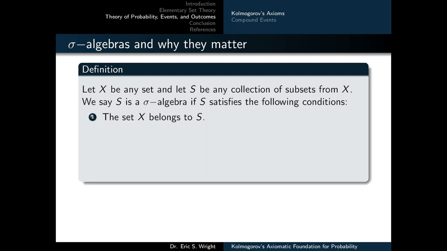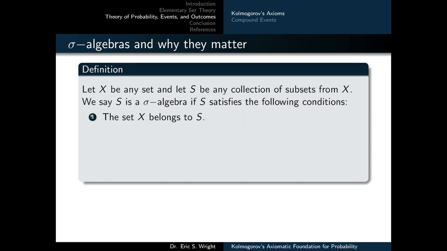On the other hand, you wouldn't want to go to the other extreme and have so many events in S that it becomes cumbersome and repetitive and unnecessary. So a sigma algebra is an attempt to impose some structure on the set of events that we're going to study that prevents the first problem at least. And we'll see how it accomplishes that.